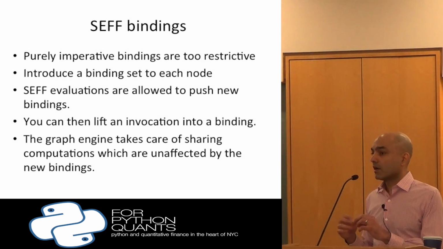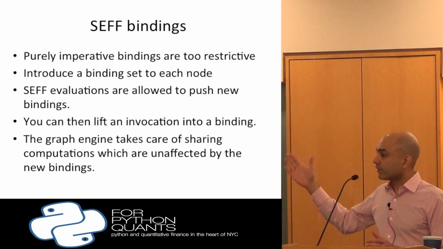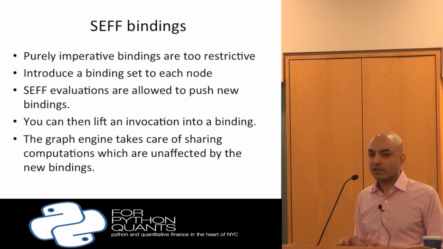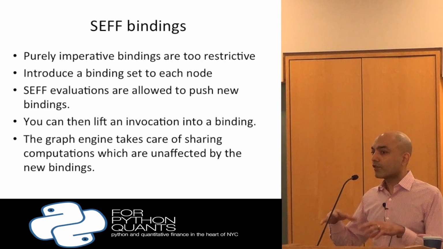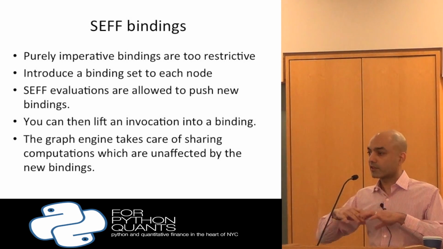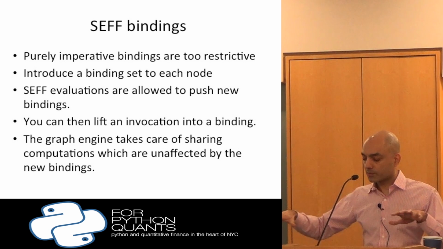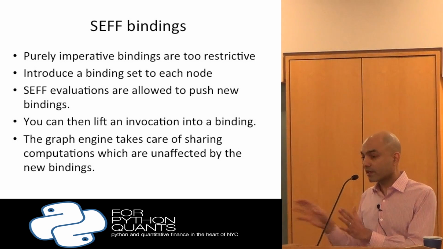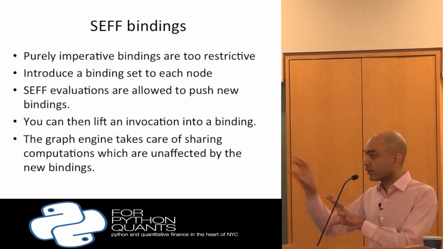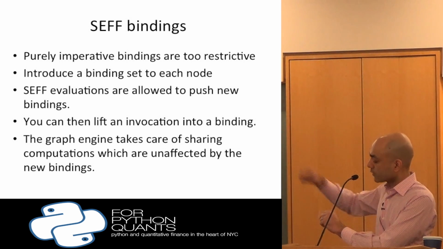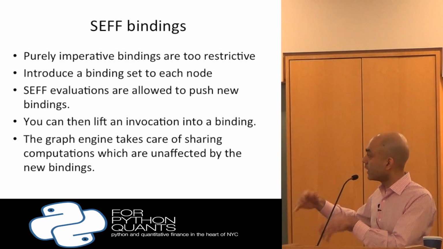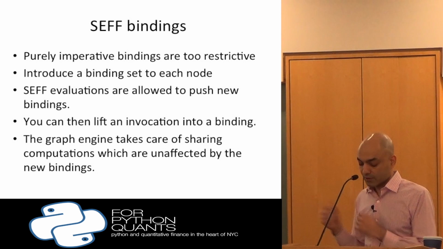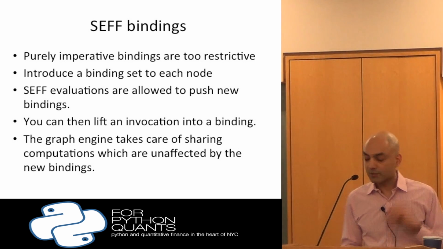that we can bind to a node. So you can think about a node as being valid for a certain set of bindings. Everything that you saw before was sort of the root set of bindings. So that's the base binding set, so just one copy, right? The graph allows you to lift a new set of bindings. So for example, I can create a little transparency on top of the base. You can think about it again as like Haskell, you have a monad that's a transformation from one world state to another. So you introduce a new binding and then ask for a value. The graph engine will take care to copy only the subpaths that are changed, that it needs to lift into this binding space. And so let's see, just some syntax makes it a bit clearer.